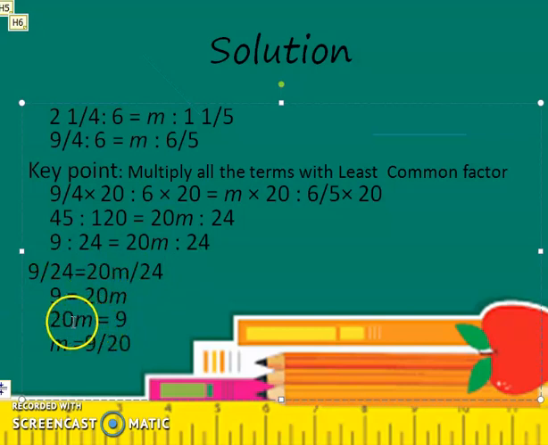So here I can just arrange the value as we have done previously. To find out the value of any unknown, I can remove its coefficient. Here the coefficient of m is 20. If it is getting multiplied with m, then it will cross the border. The border is the equal to sign. When I remove 20 from here, as it was multiplied, it has to be divided with the other number that is on the other side of the equal to. Okay, so I have got the value of m, that is 9 by 20.